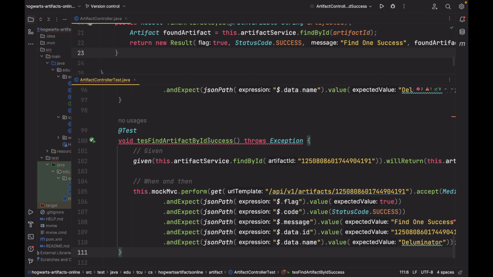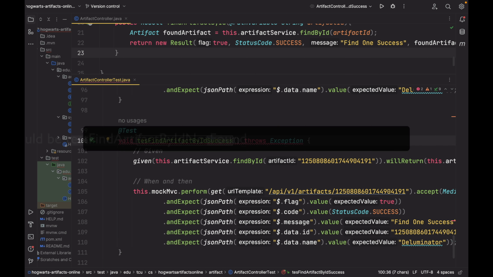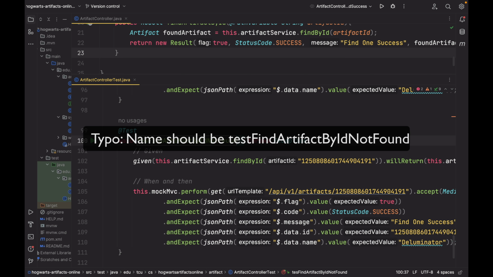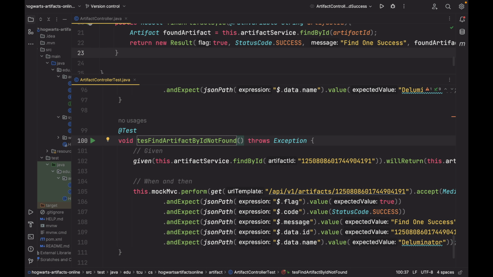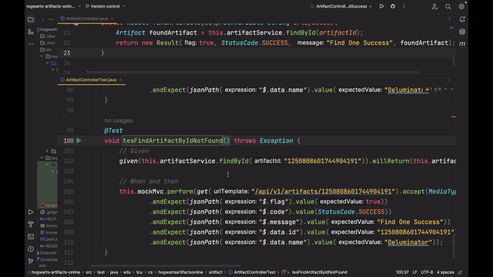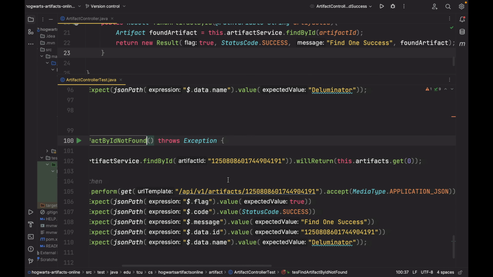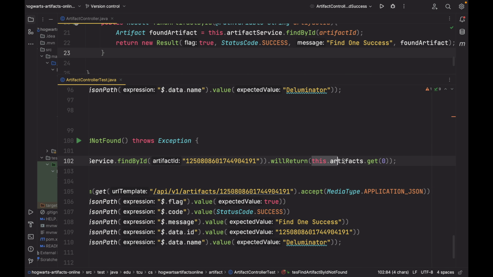And give it a different name. Test find artifact by ID, not found. So in this case, here is the behavior of the service. If we are looking for this artifact ID, this will return,